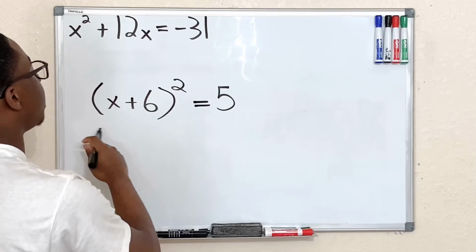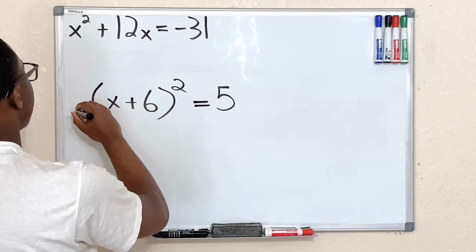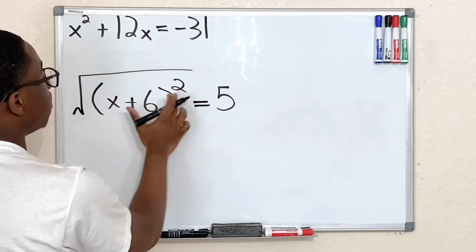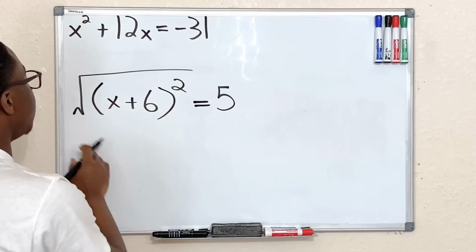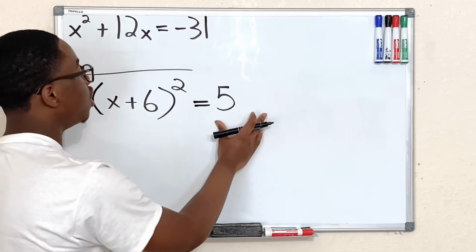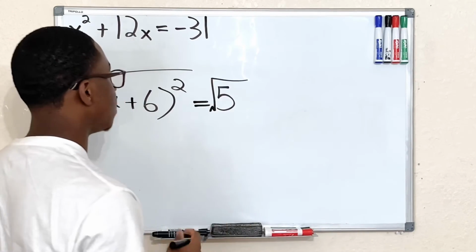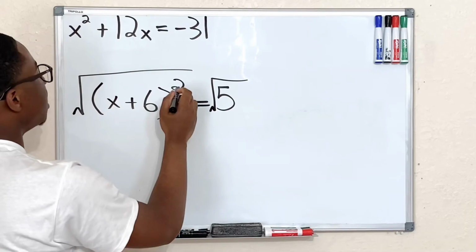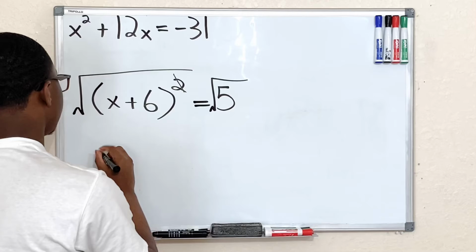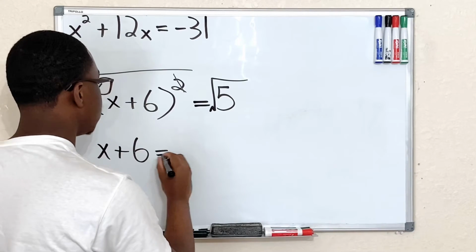So we're going to go ahead and try and get x by itself. Simple enough by taking the square root of the left-hand side. Because we have everything here being squared, we're going to do the inverse function, which is finding the square root of this side. And we're going to do that to the opposite side as well. So the square root of 5 is also going to be found. So then this would negate our square function right there, leaving us with x plus 6 is equal to the